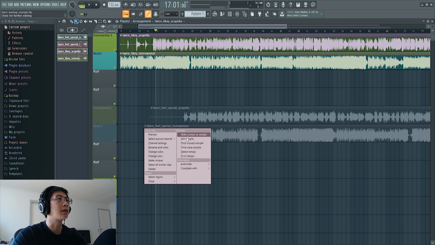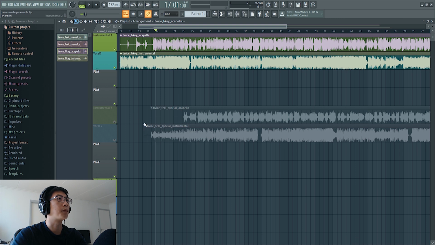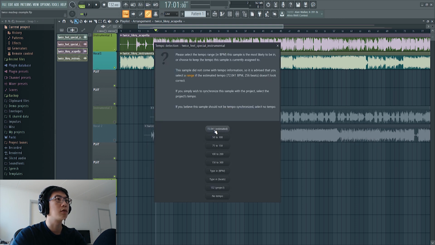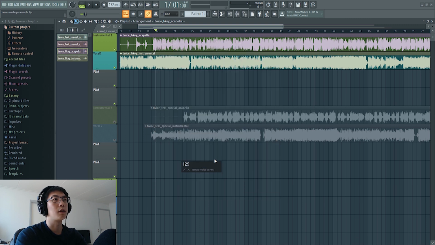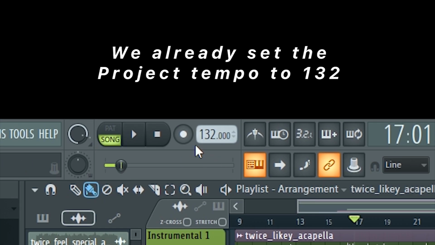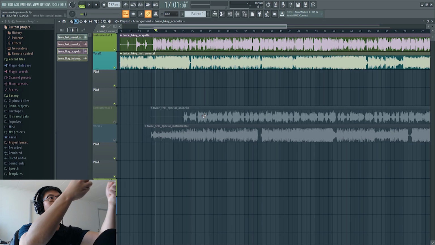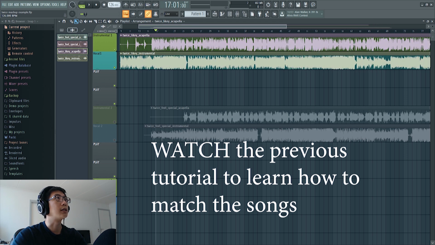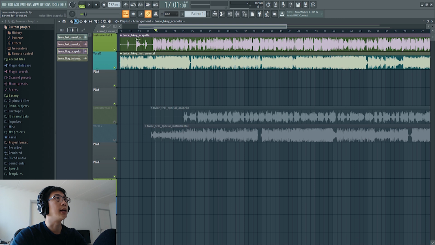Yeah, you can also detect the tempo by going here and detect it, but I'm just gonna show you how I matched it. So Feel Special is 129, and you just press here. Type in the BPM, press this button, and you type in the BPM of Feel Special. Now it's gonna speed up to the same tempo as Lichhunter. So it's already fixed into that. Whatever I change now, if I change the file, I can see I haven't done it on Lichhunter, so that's why it's moving around. If I do it on Lichhunter as well,